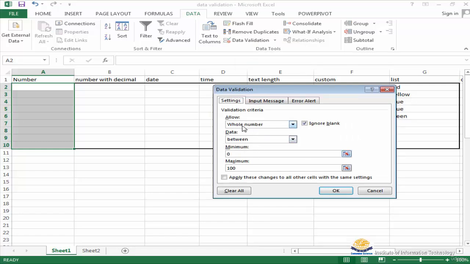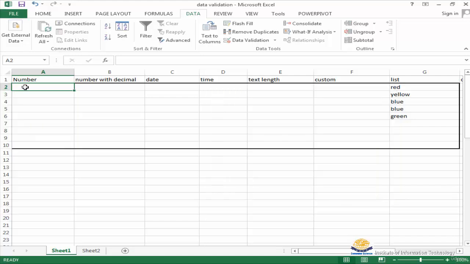Here I have given allow whole number, data between, and minimum value 0 and maximum value 100. Then OK. It means we can enter a minimum of 0 and a maximum of 100,